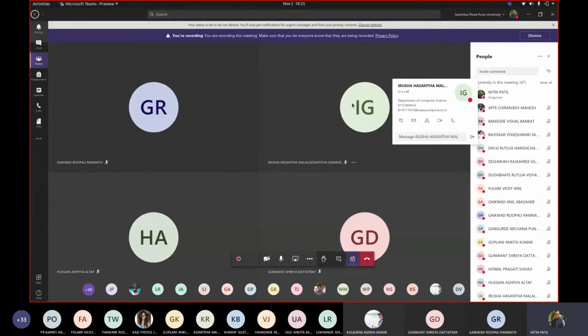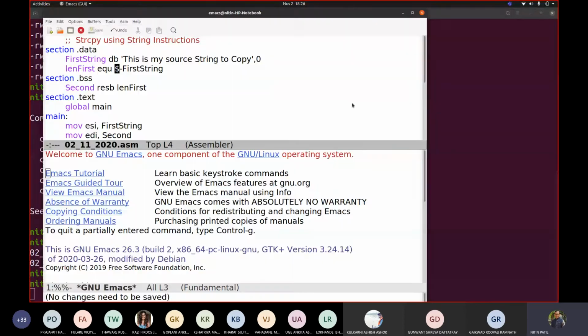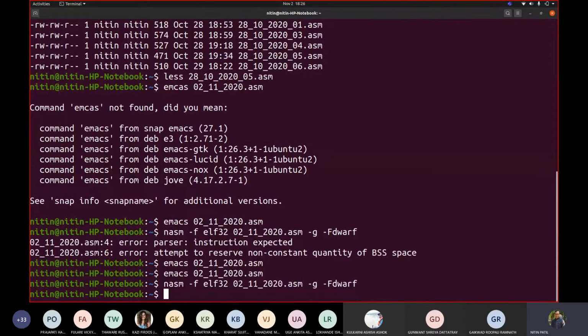Yeah. So let us go back. So this was the code. I made the change. I wrote EQU and dollar together. So I will save this code and I will translate.